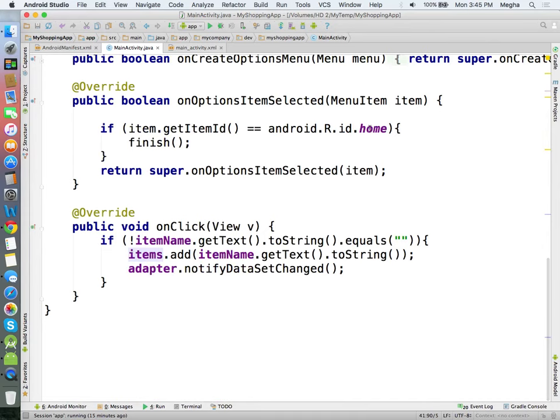He will enter the item name. When he clicks the button, I'm just making sure it is not empty. Then I add one entry to the items array list. As soon as the array list values change, because a new item has been added, I'm notifying the adapter, hey, refresh yourself because the items changed. So this notifyDataSetChanged will simply refresh your adapter and make sure it also carries the item which got added. If I run it, you may get the point.